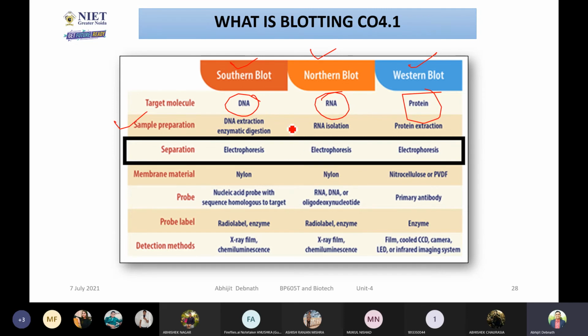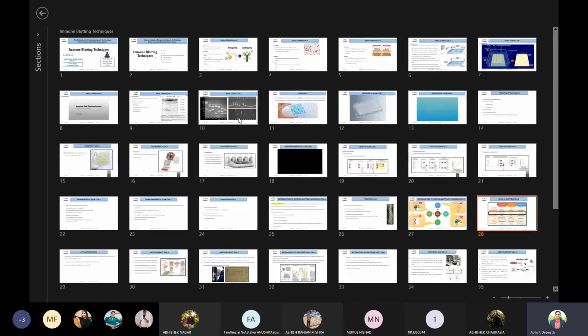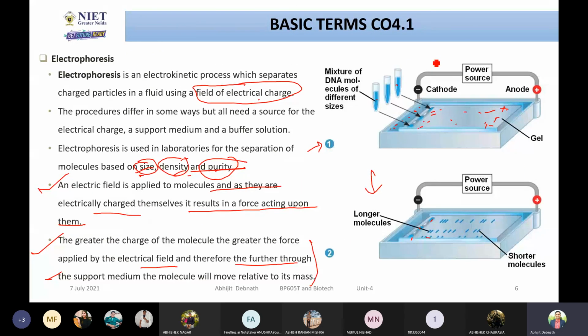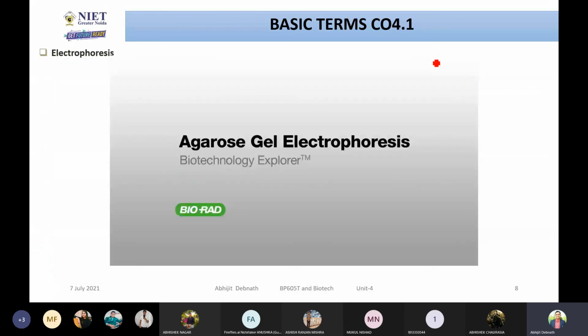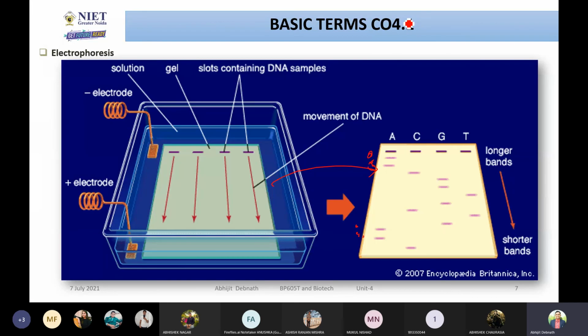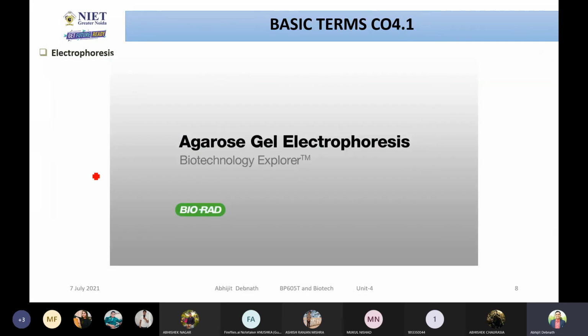If you prepare the sample, for DNA there is restriction enzyme digestion, then RNA isolation in this process. Here you can do the protein extraction. SDS-PAGE is another process by which you can do protein extraction. Then the most important part: you have to separate, either DNA or RNA or whatever, by using electrophoresis. I hope you can recall my previous lecture, which I started at the beginning, about electrophoresis, the things I have shown you just a few minutes back. So you are going to use electrophoresis. In that video I have shown you how the electrophoresis is actually happening.